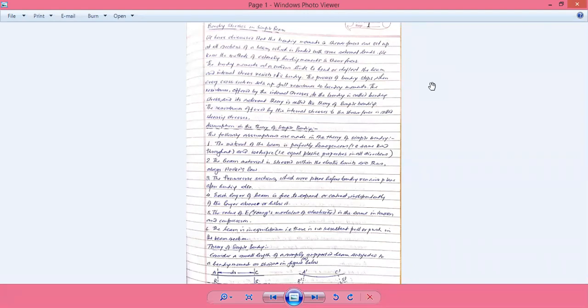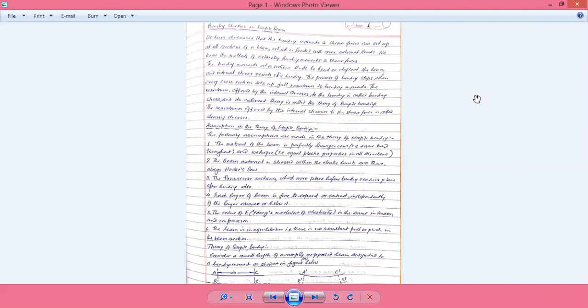Our requirement, after knowing the bending moment or shear force at a section, is to know how we can calculate the bending stresses across the cross section of the beam and how we can calculate the shearing stress across the cross section of the beam. These two pieces of knowledge are required for our basic purpose of designing a beam itself.